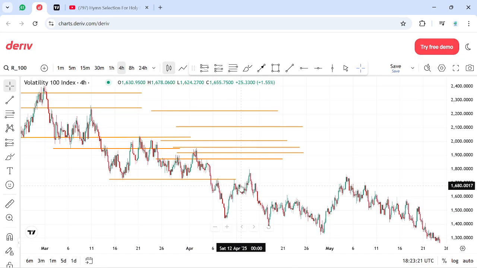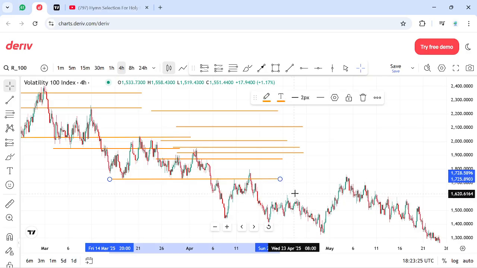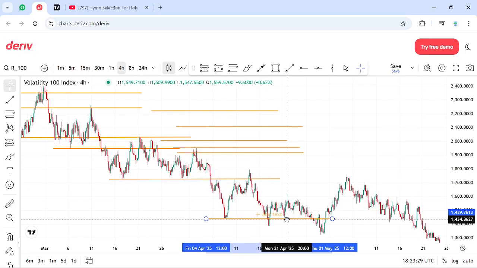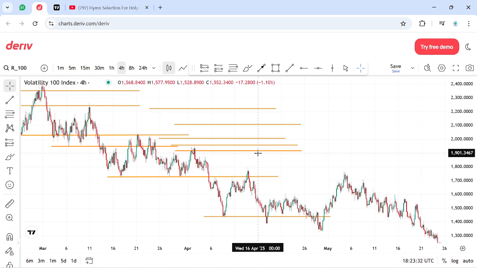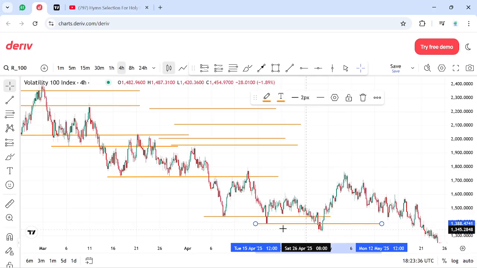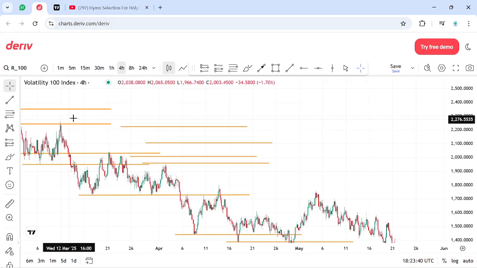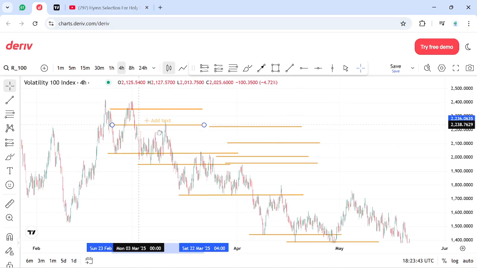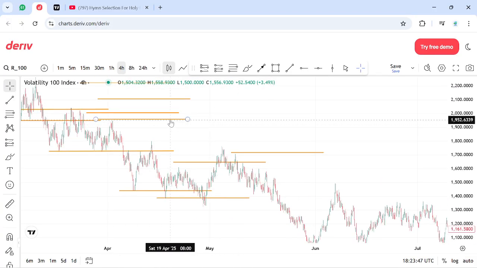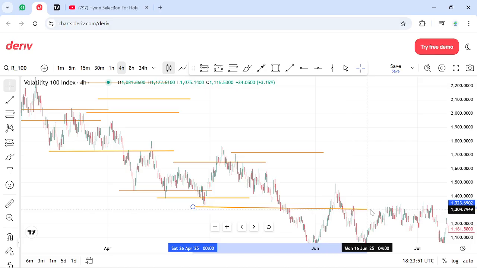It's clearly aligned. So this works for any market chart. It gives you clarity on how to make your trade entries. You understand? So you can see we also have our break of structure here, and let's keep going. We have this one also here, a clear break of structure, and